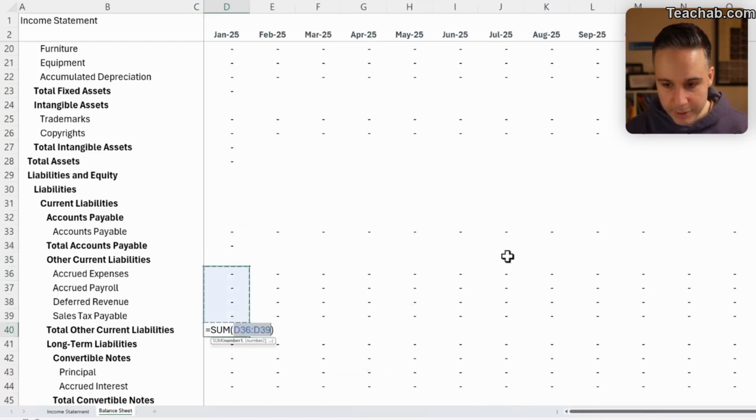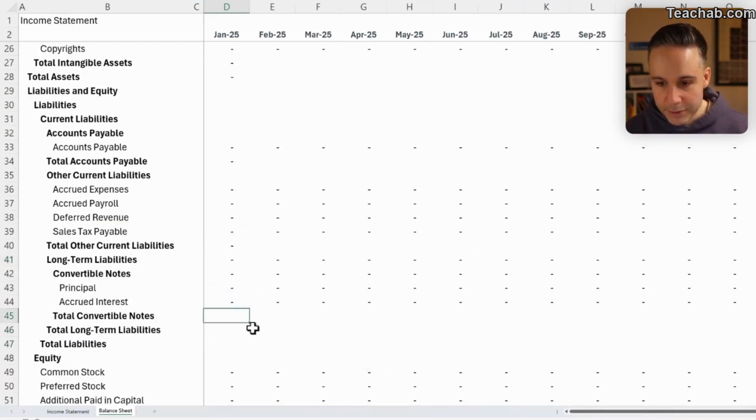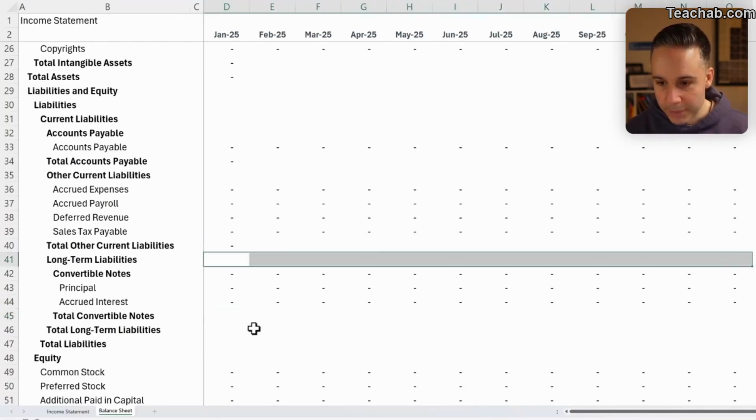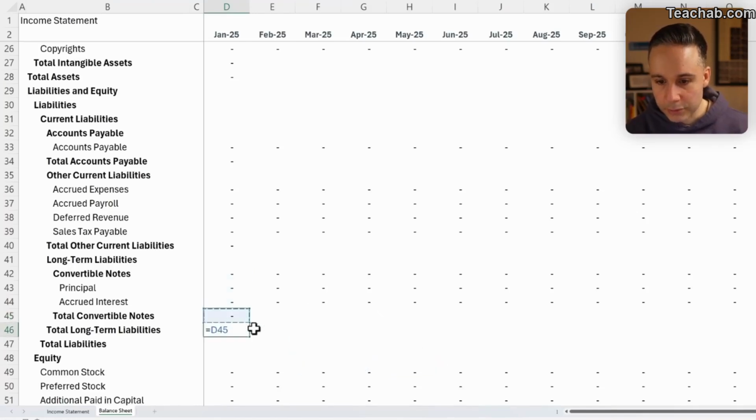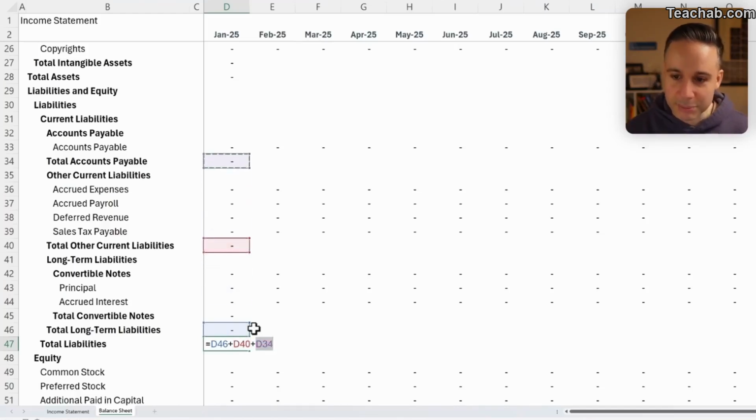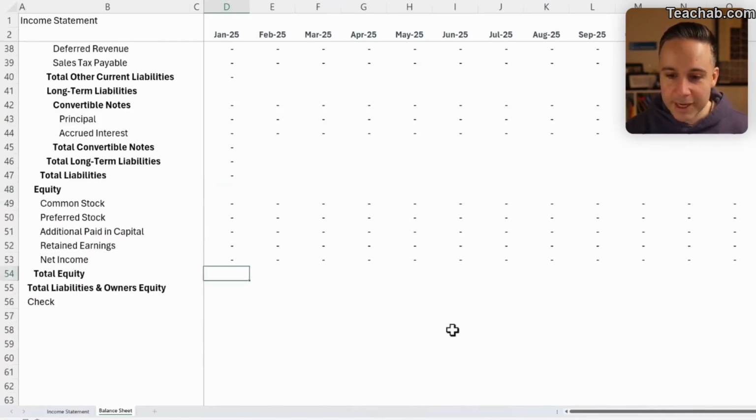Let's do the same thing with other current liabilities. Let's do the same thing now. This shouldn't be here as such. Alt equals for total convertible notes. Total long-term liabilities is just going to be equal to the convertible notes. And then total long-term liabilities plus other current liabilities plus accounts payable is going to be our liabilities. And finally, all of our equity gets summed up as such, and this will be the sum of our equity